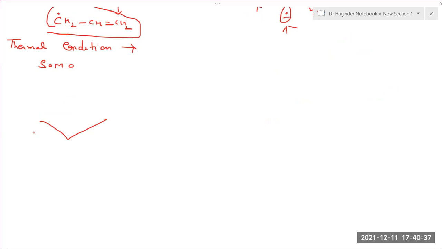Yesterday we discussed, was it Psi3 or Psi2 for thermal? Psi2. And in Psi2, what was the sign of the terminal lobes? Opposite. So you have plus, minus, minus, plus for your reactant molecule. And over this terminal position, you have this carbon attached, R prime, hydrogen. It has to migrate over this position. So again, in how many ways can it migrate? It can migrate in two ways: one is suprafacial, the second one is antarafacial.